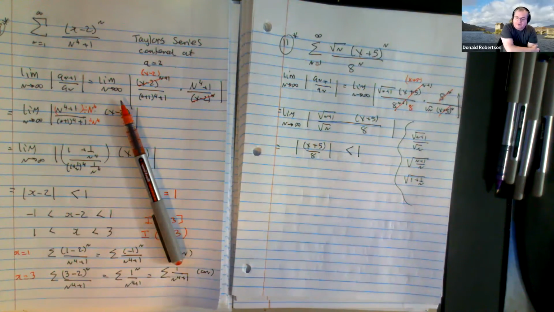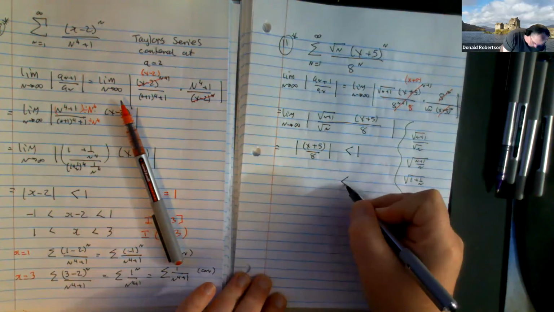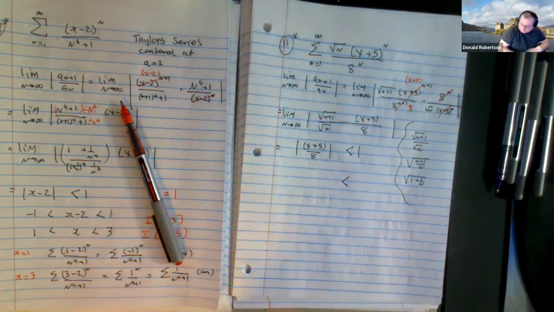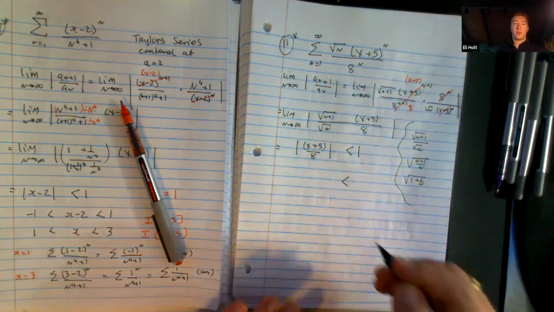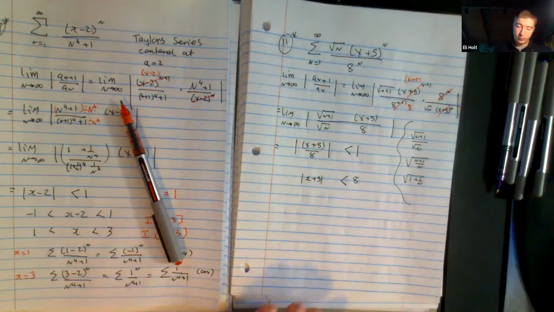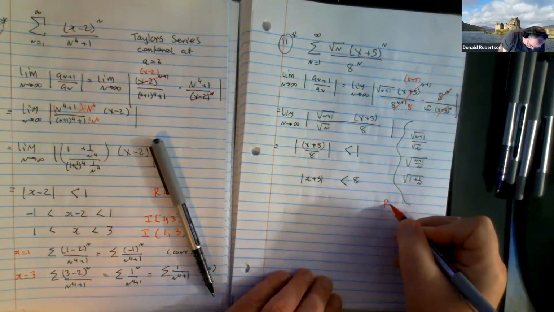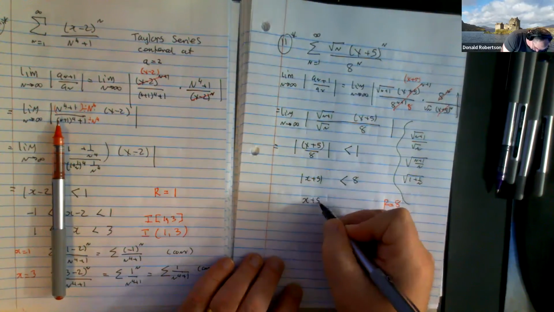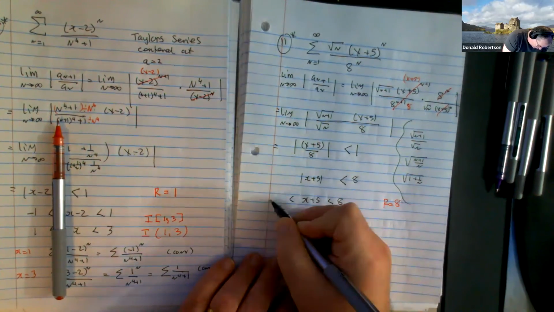the ratio test says that the limit must be less than 1. But that's not the form that we need. What do you think I'm going to do to both sides to get it into the format that we need to get radius and interval of convergence? Multiply by 8. Yeah, agreed? So I now know that the radius of convergence is 8,